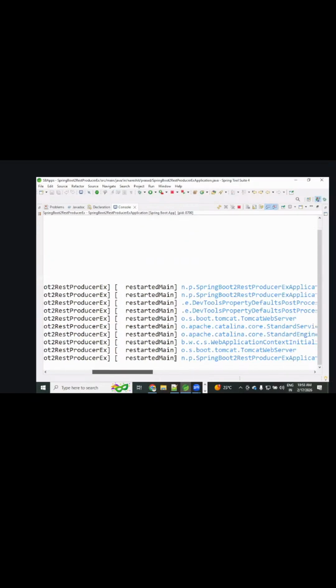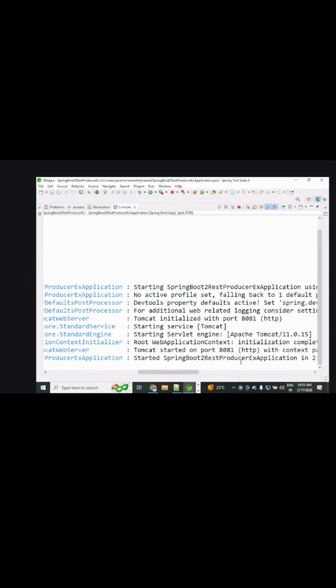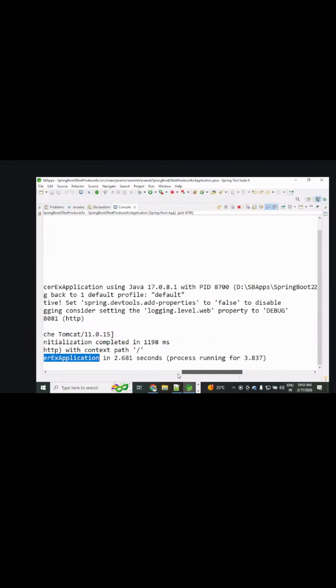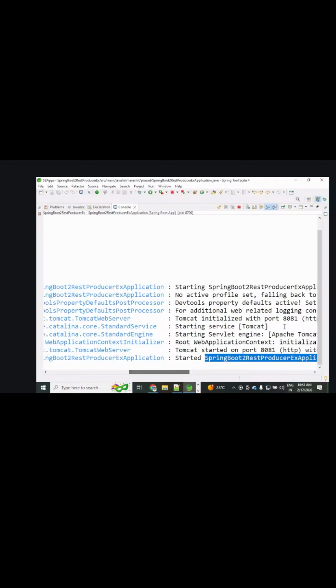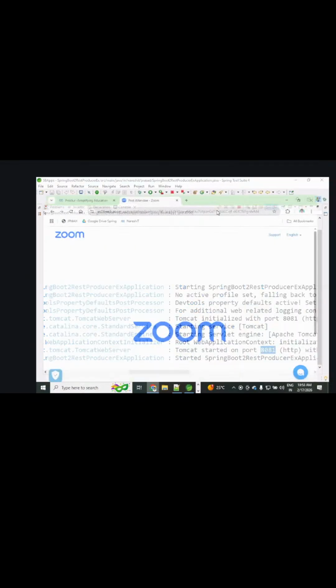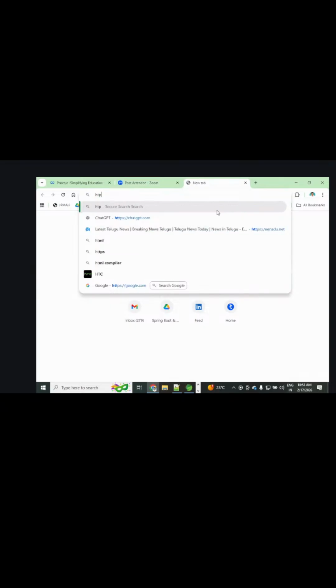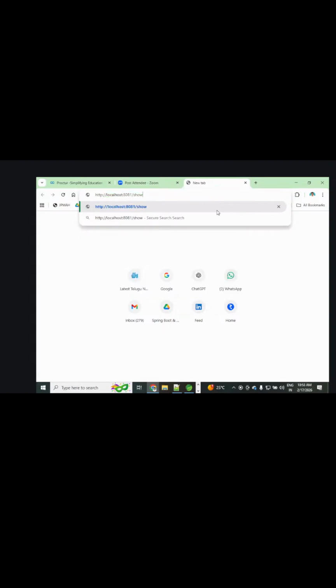It is started, right? The Spring Boot REST producer application is running. Okay, no problem. Our port number is 8081. Right. Now I am going to the browser. Coming to here, HTTP localhost 8081.